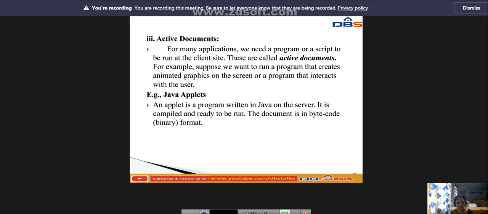The browser, as the client, creates an instance of the applet and runs it.